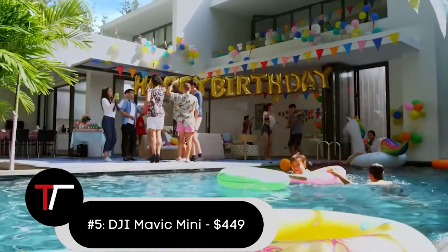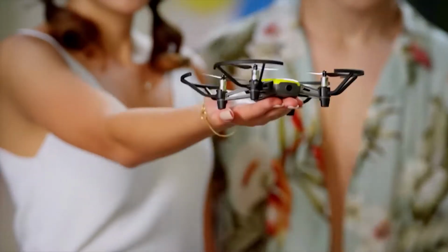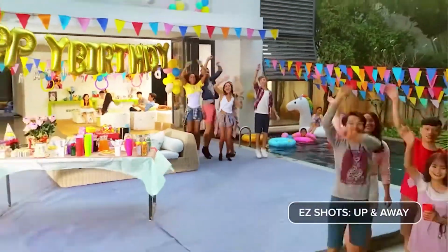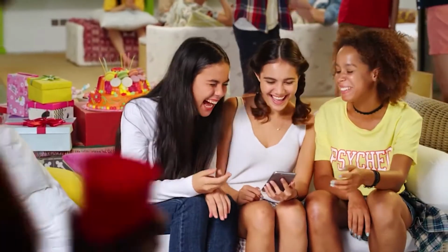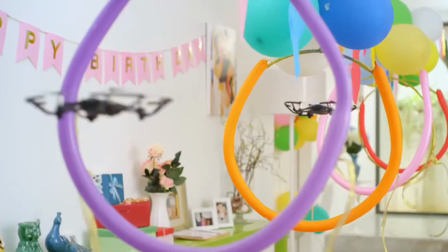Number 6, the Ryze Tello at $119. The Ryze Tello is simple, lightweight and cost-effective, a fun drone designed for first-time flyers. In spite of the budget price tag, the Tello offers plenty. The battery serves a good 13 minutes of flight time, while downward-facing light sensors allow the Tello to hover and perform